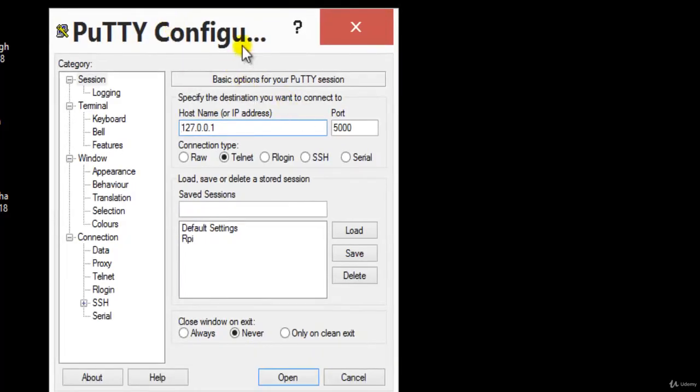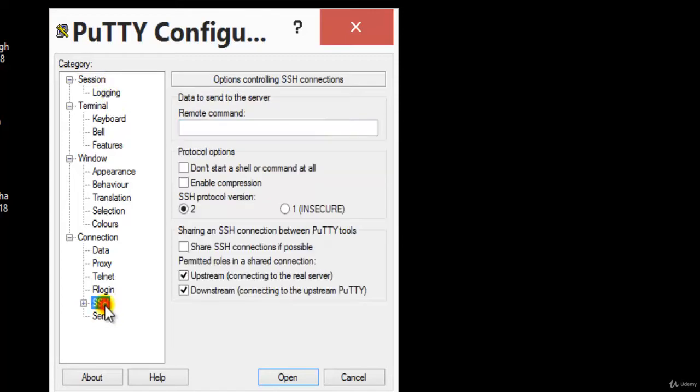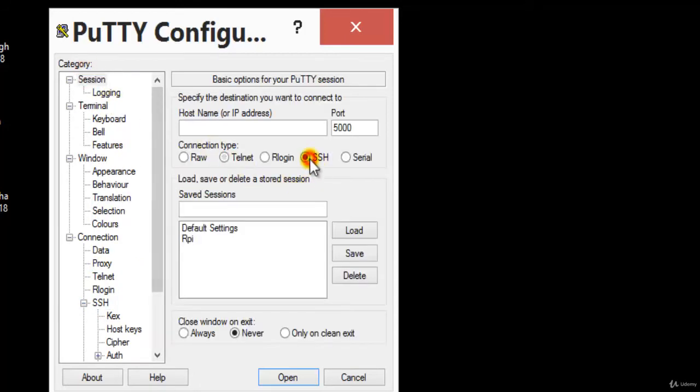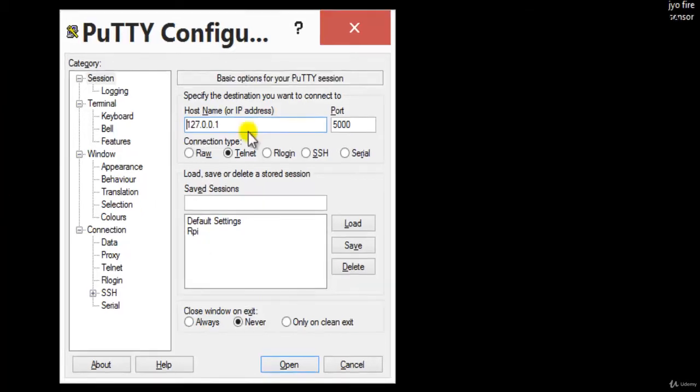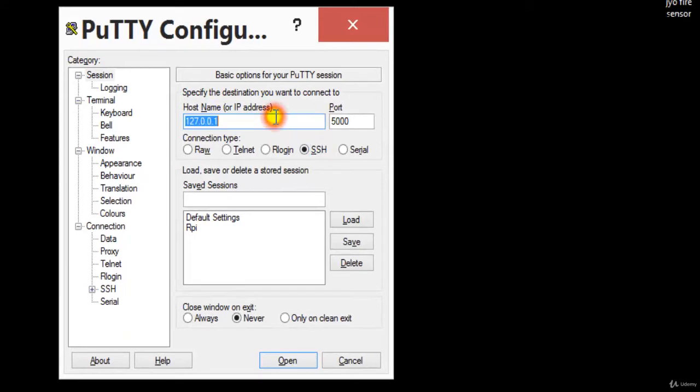Now, when I go to the PuTTY, I need to log in to the Raspberry Pi address. So I first need to check whether I am on SSH. I need to go to session. In session, I need to click on SSH and I need to say over here what my host name is. Just a minute. So first I need to click on SSH, and my Raspberry Pi address is